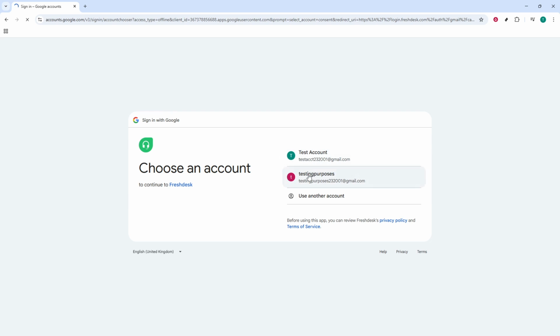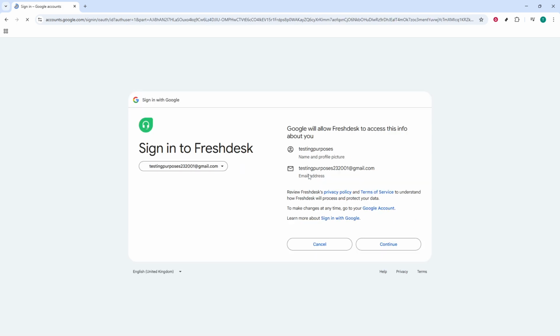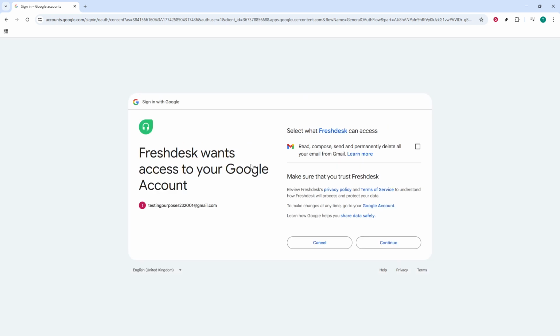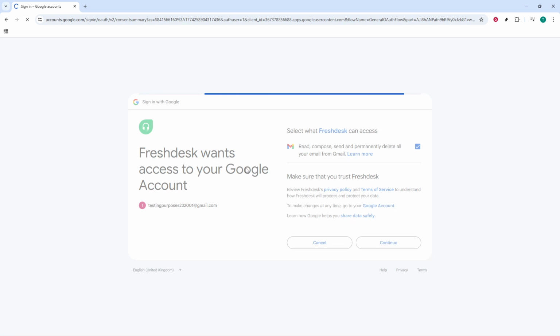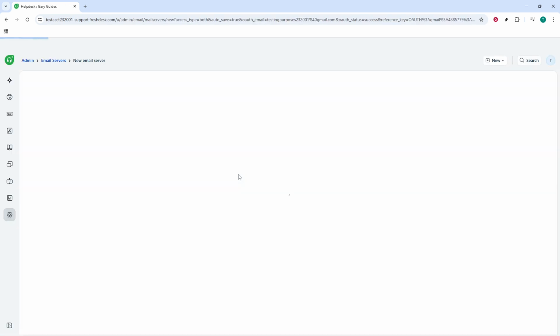If your organization uses Google Workspace or Microsoft 365, pick the Google or Outlook option. You'll sign in and authorize Freshdesk to access the mailbox. This uses secure authentication and keeps your messages in sync. Be sure you're logging into the exact inbox you want customers to reach and confirm any prompts about permissions from